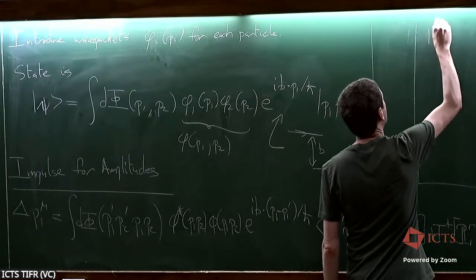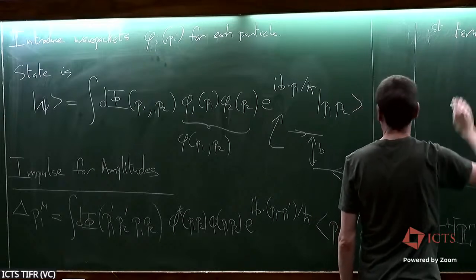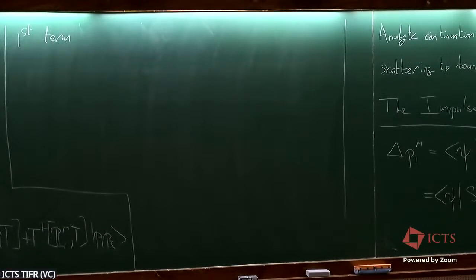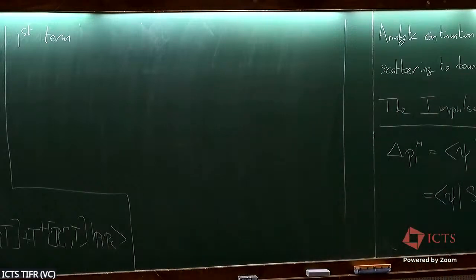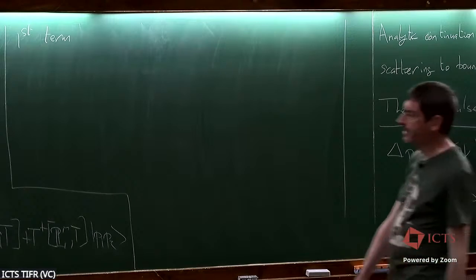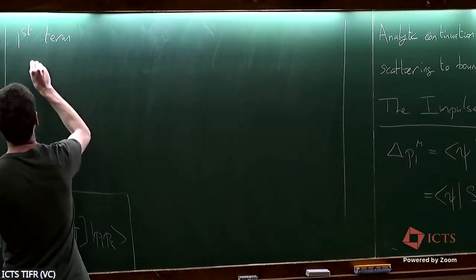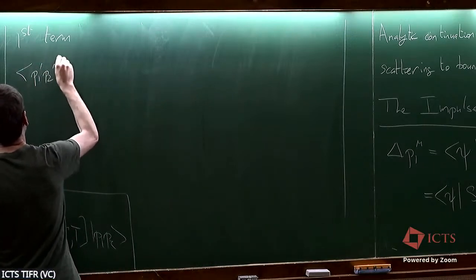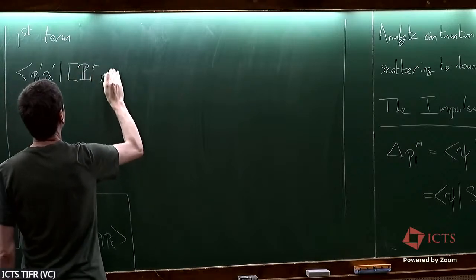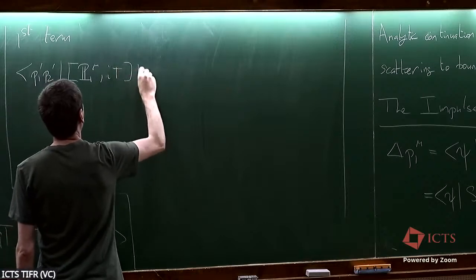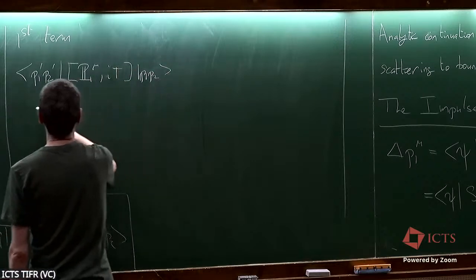So for the first term, it involves a p1 and an i t. The ket form here, I do like this: p1 prime, p2 prime, p1 mu, i t, p1, p2. So this thing will equal